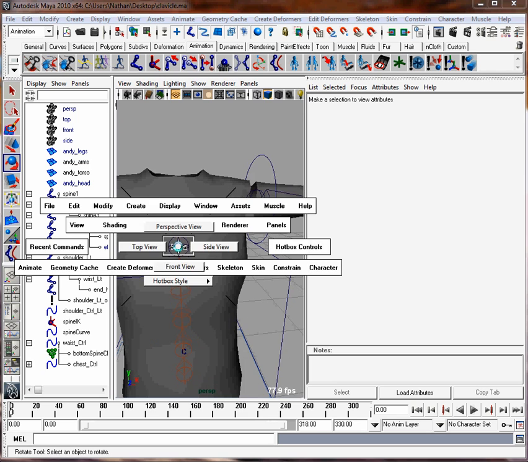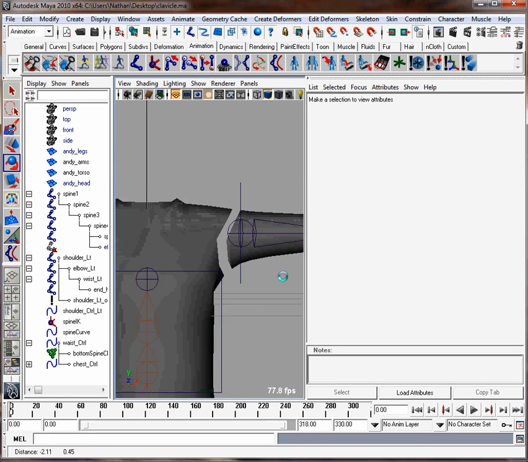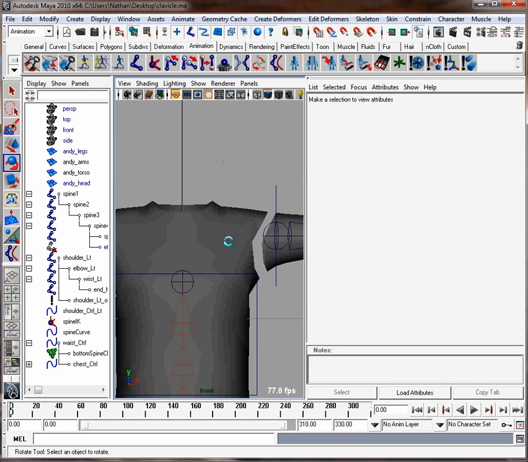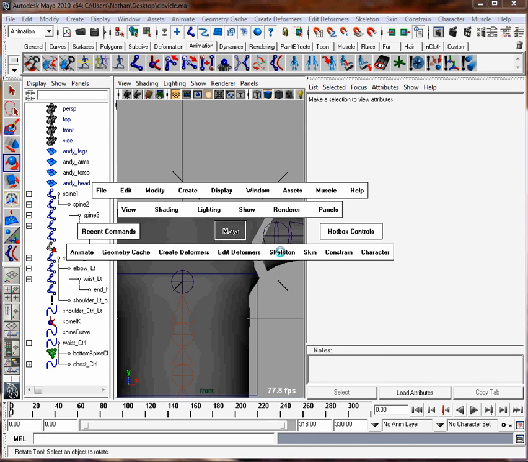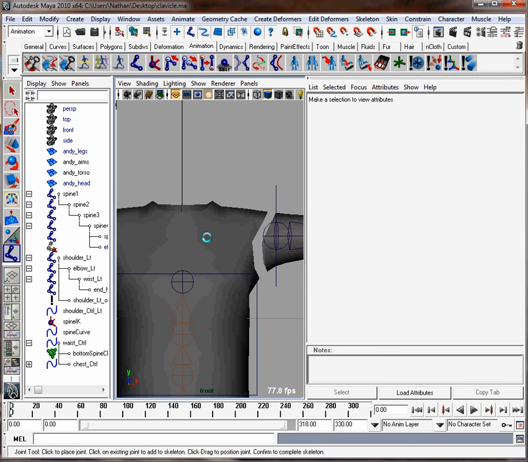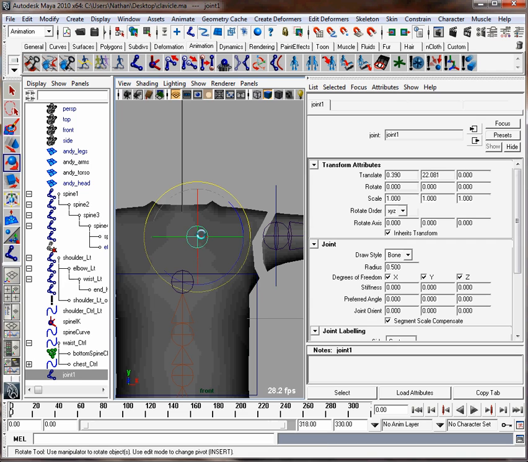I'll go to the front view and add in a joint for the clavicle. I'll go to the skeleton joint tool, and some people like putting the clavicle down around here, but I think it's better to add it in line with the shoulder joint. So I'm going to put it right around there. Just hit enter. I'm going to call it clavicle left,